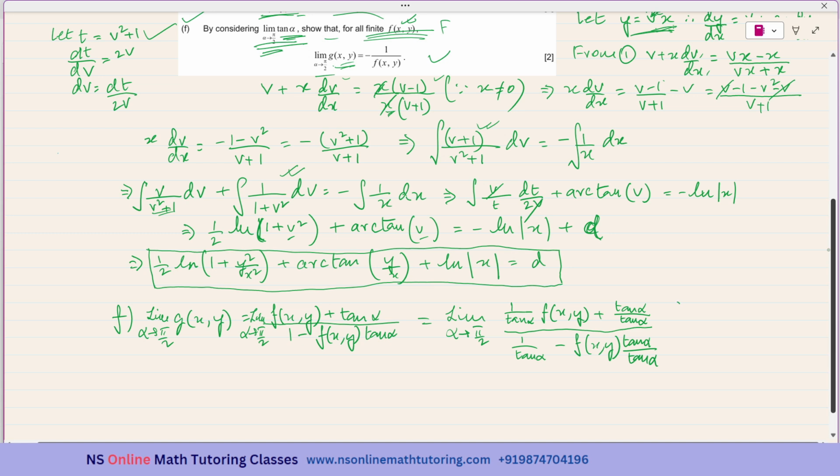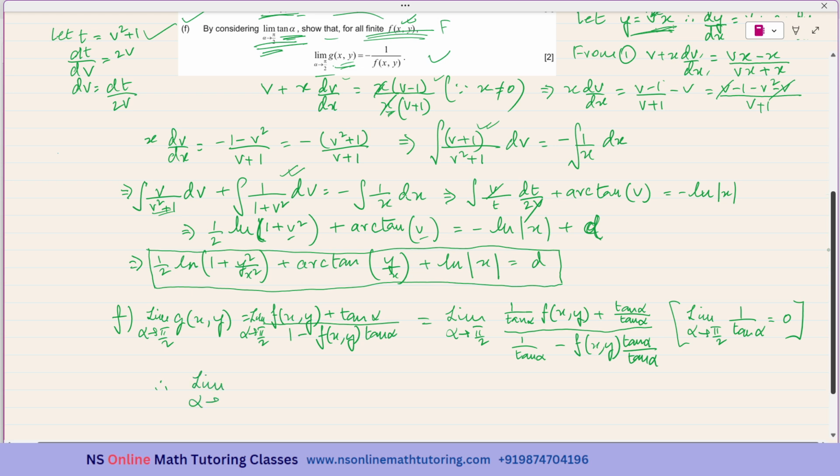Okay. And limit alpha tends to pi over 2, 1 over tan alpha is equal to 0. Okay. So therefore,